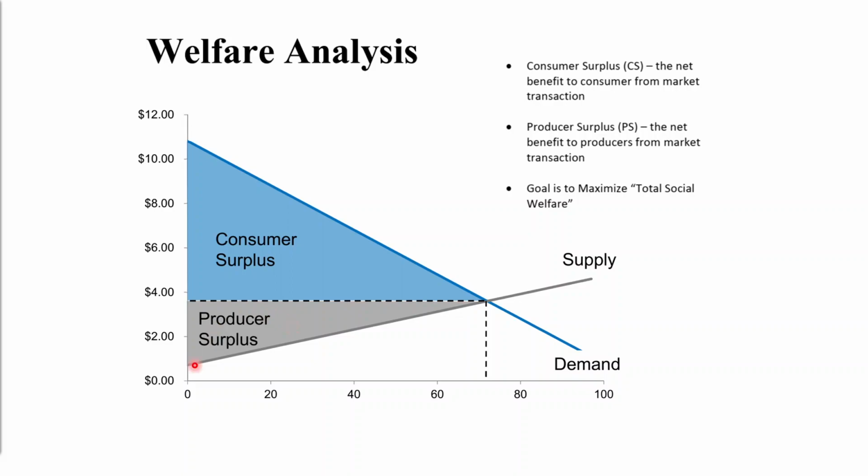Then here, we have producers who can make the most profit come and produce the good. And as we get to this point here, there is no more profit to be made. So our goal then is to maximize the total social welfare, which is just the consumer surplus and the producer surplus. Right now, we are assuming that there's no tax and no externality. So the only people affected in our society by this good are the consumers and the producers. That is why we call this the total social welfare for this market. Of course, there are other markets, but for this market, the total social welfare added to the market is